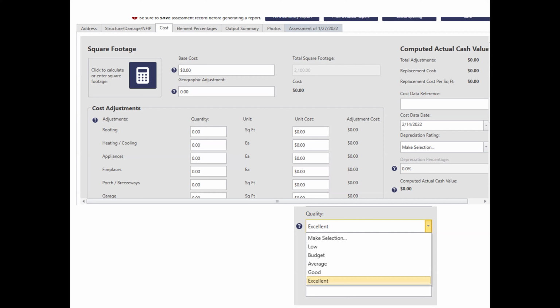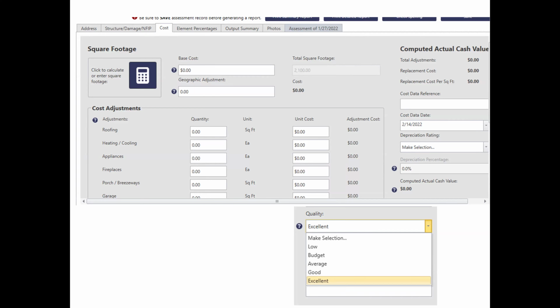There are cost estimating guides, and then you would put in the geographic adjustment factor, which comes in the cost estimating guide. There could be a locally developed base cost. You would enter whatever that value is, and then there's a basic 1 through 5 level of depreciation,